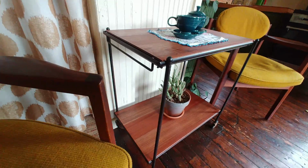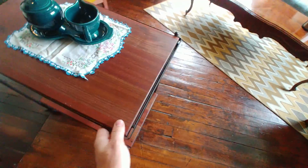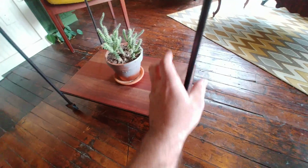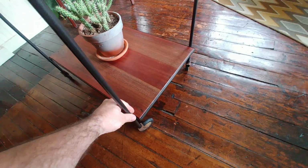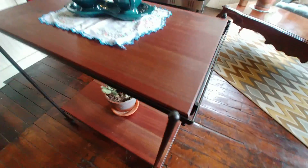Okay, here's the final product here. Two mahogany and walnut laminations. I had this weird little cart, like we were saying, just kicking around. I did refinish him. He had really a small amount of corrosion, so I just used a rust prep primer